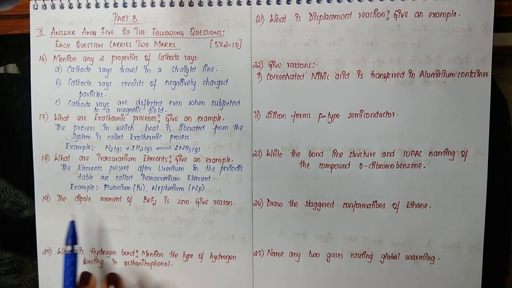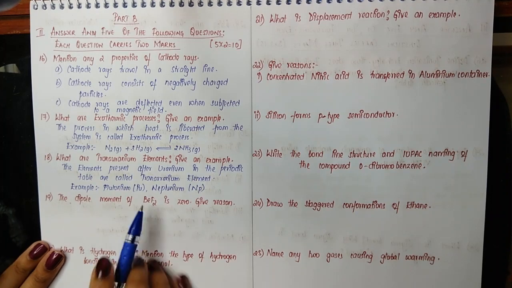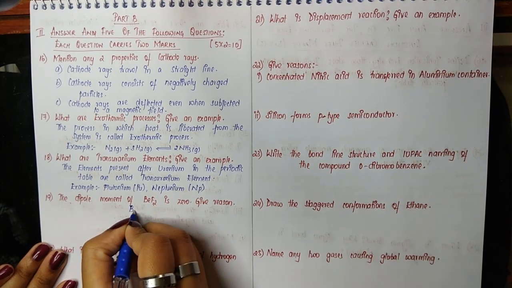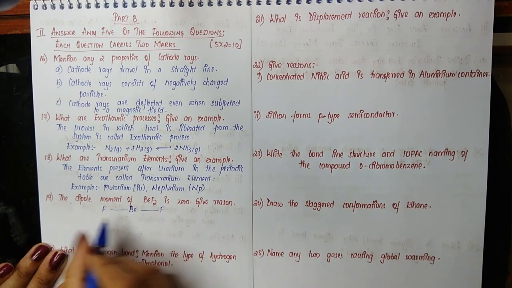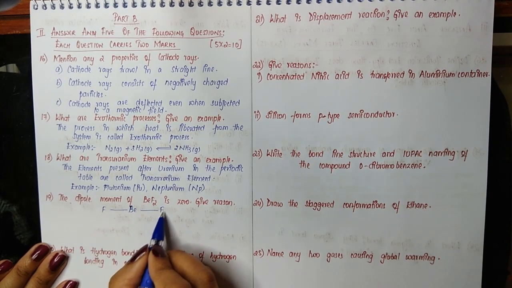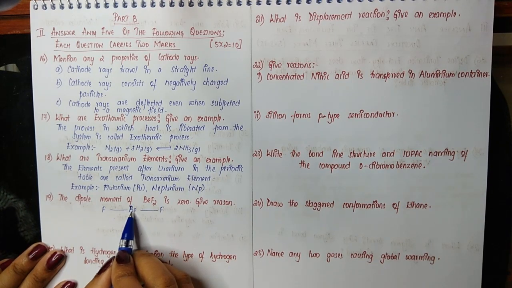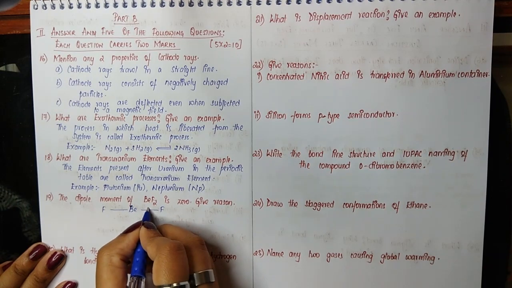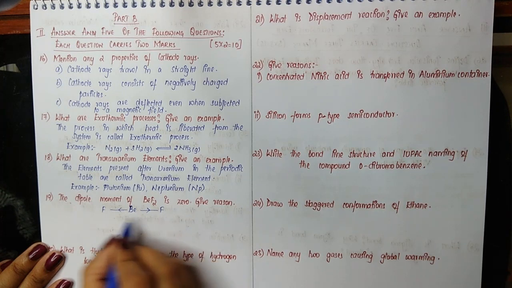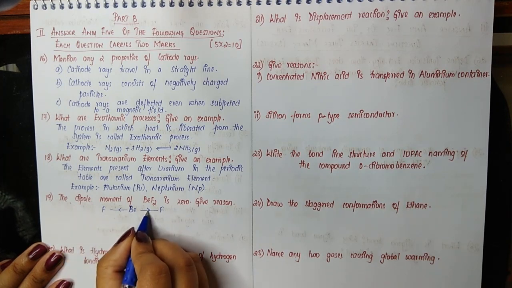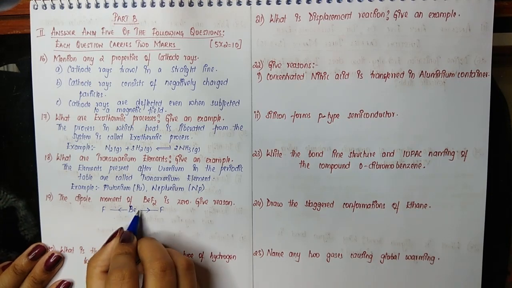Question number 19 is the dipole moment of BeF2 is 0. Give reason. So when you get a question based on dipole moment, first when you draw the molecule, you need to analyze the elements given. So you have a fluorine over here on both the sides and beryllium in the center. Now because fluorine electronegativity is higher than beryllium, electrons are pulled in the direction of fluorine. And when it's pulling in two opposite directions, one dipole moment will cancel the other, therefore it becomes 0. Now we need to write the same explanation as answer here.